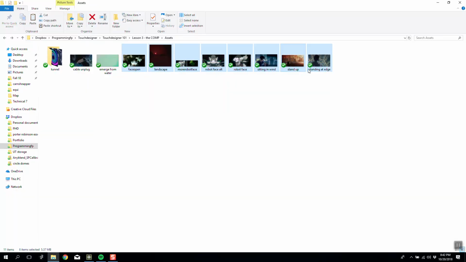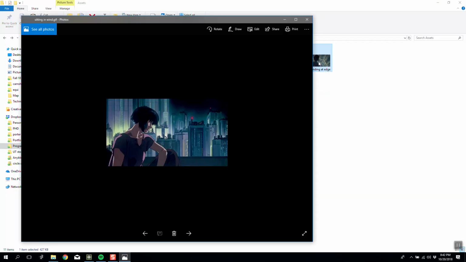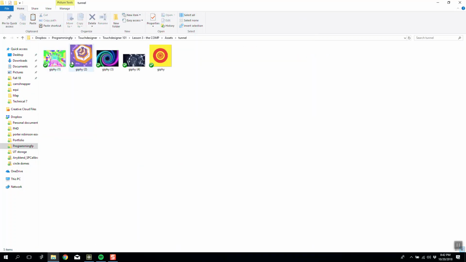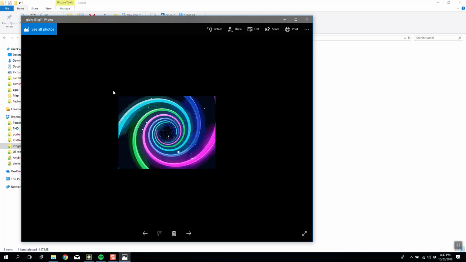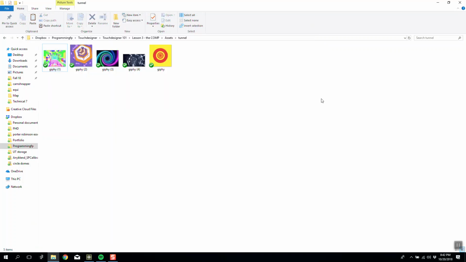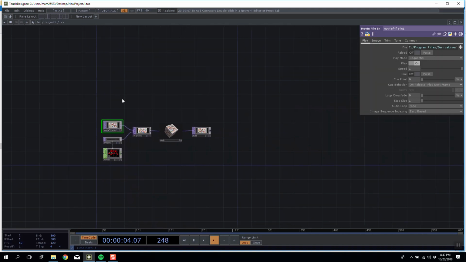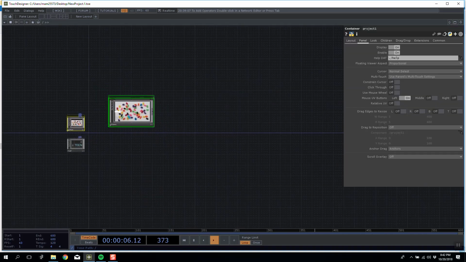Okay, there we go. So I now have a bunch of GIF assets. These are from Ghost in the Shell, and then I have Boston here that are just general tunnels. So we're going to use these to develop a playback system. So the first thing we want to do is look at our